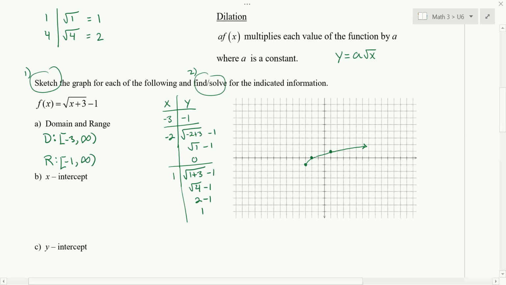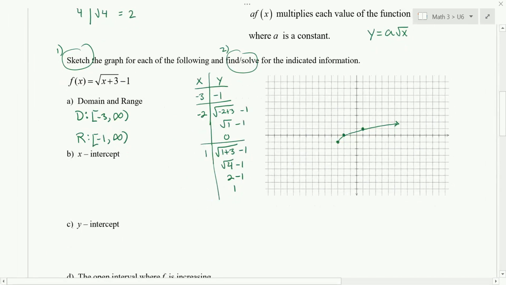Our x-intercept, well, in general, to find an x-intercept, you plug in 0 for y and solve. We already have it in our graph, though. Notice we see our x-intercept is at -2. So if you already have it in your graph, you can say, well, x equals -2 is my answer. I already know that. But if we didn't have that, you'd plug in 0 for y